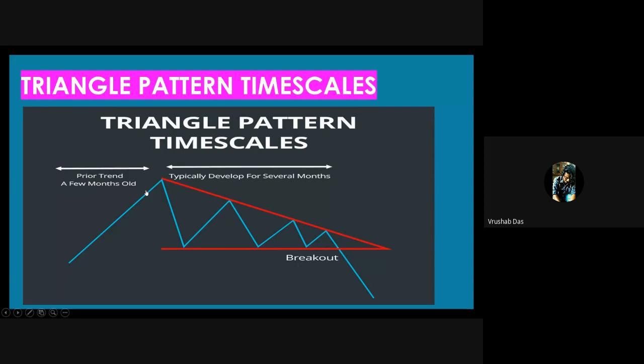So in a symmetrical triangle, any possibility can occur. Even a bull can win, and even a bear can win in this situation. The result usually follows the lead of the previous trend. If the bulls were winning more in the previous trend, or there is some similarity with the previous trend on the whole chart, the result is usually followed by the prior trend.